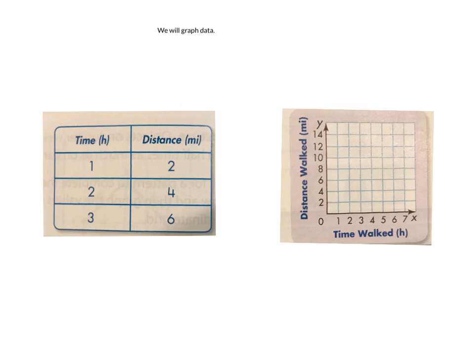Okay, so let's look at this table that we have here. And what this table is showing us is that Amy can hike 2 miles an hour. At that speed, how far would she hike in 7 hours? So right now we have